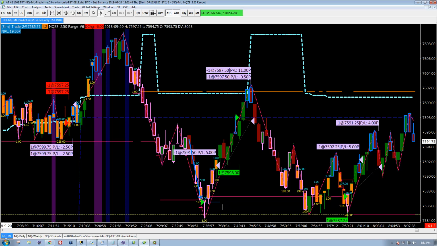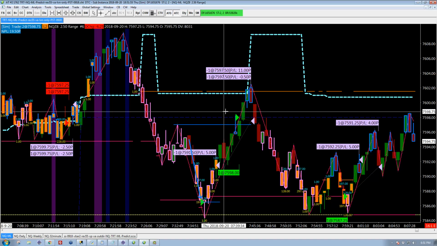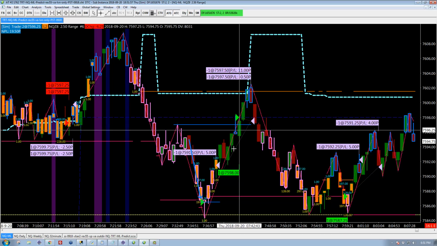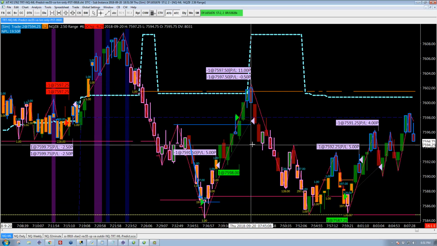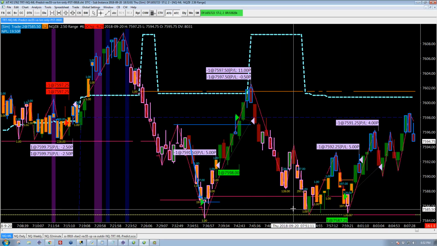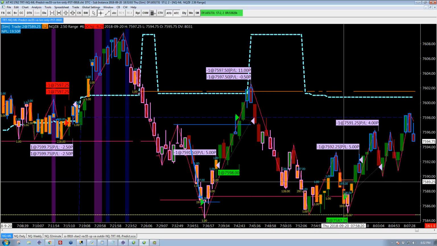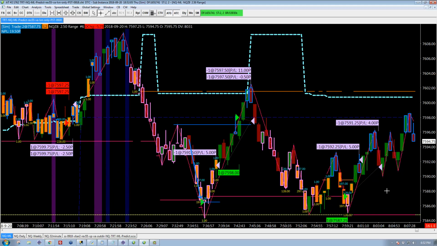Get in right there, and we pick up 5 points, and then it looks like we do an add right there on that break. Okay, we don't get any follow through, so that add takes a small loss, half a point, but the second contract makes 11 points. And then it actually happens again down here, where it sees this 3-bar move